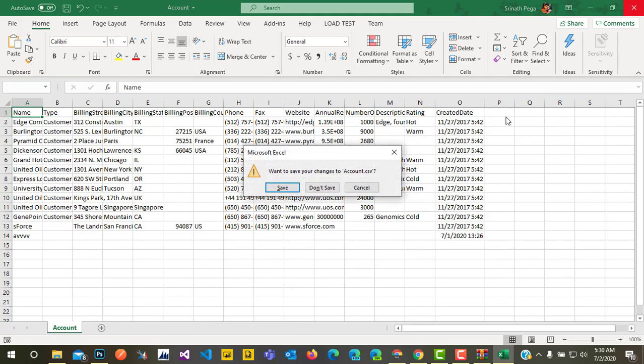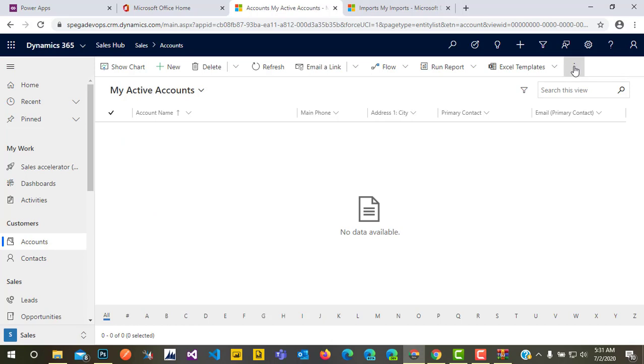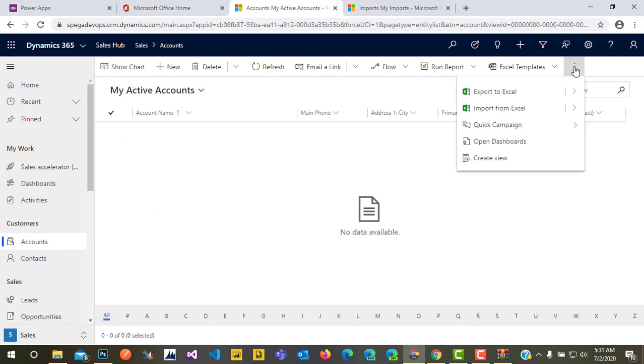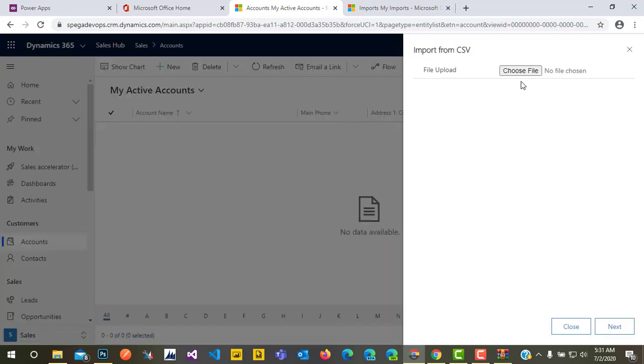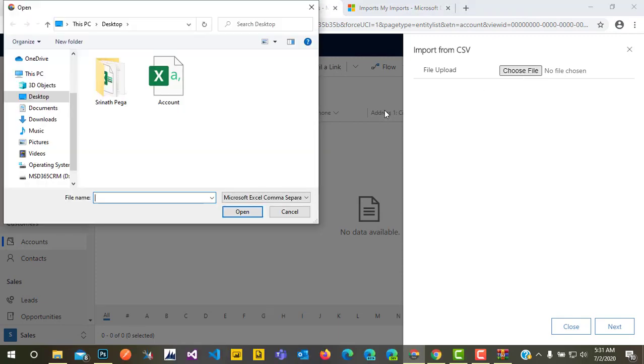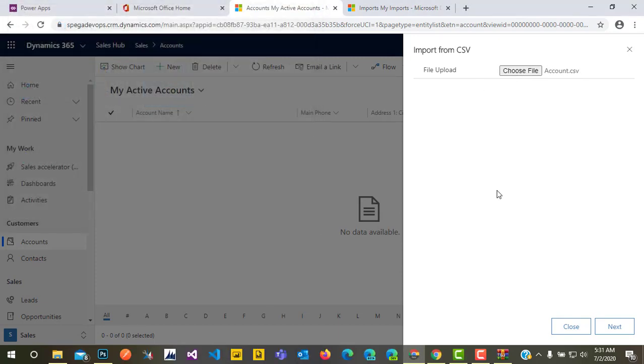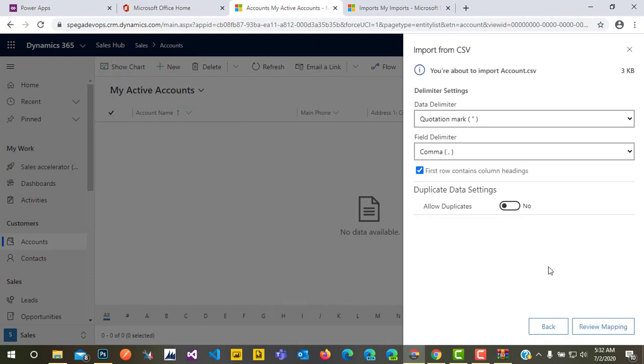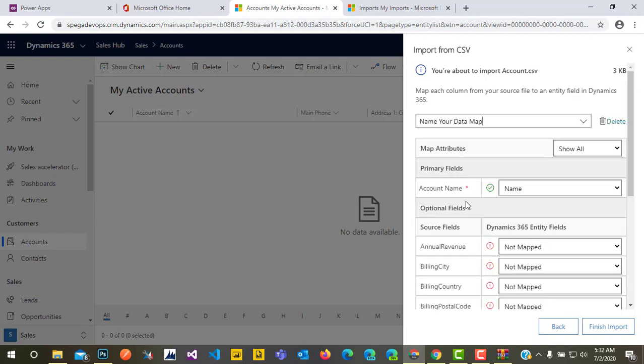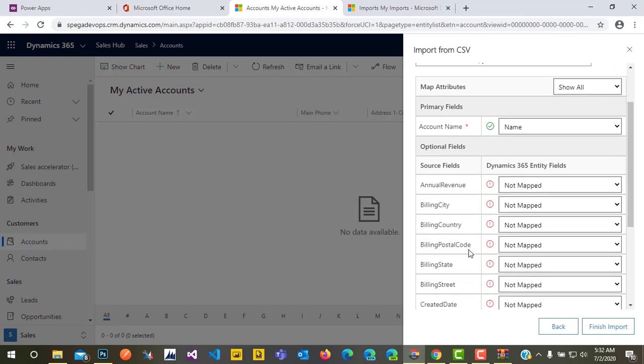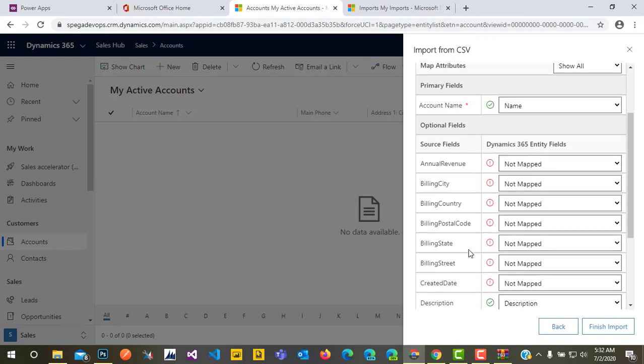I will close this. Click on the More button in the ribbon on the account entity, Import from CSV. Click on it. It's asking for the file. Let's select this account file. Click on Next. Let's click on Review. Let's map the fields with the Dynamics fields.